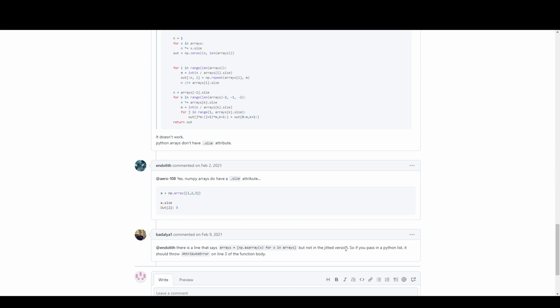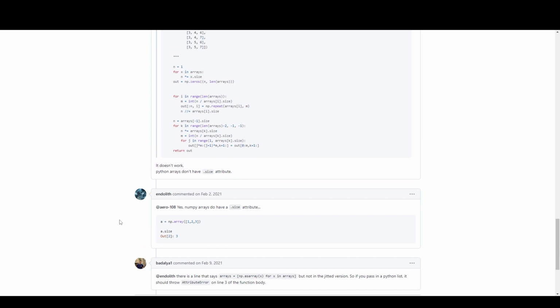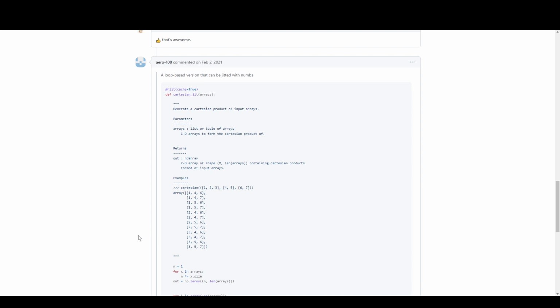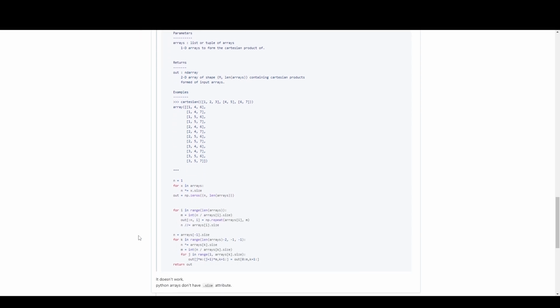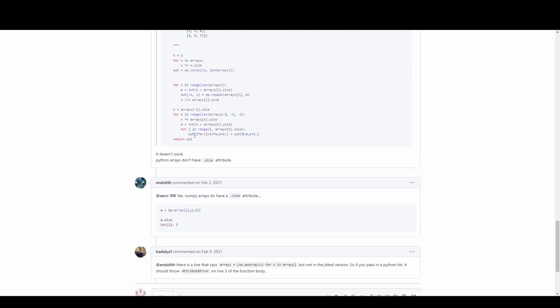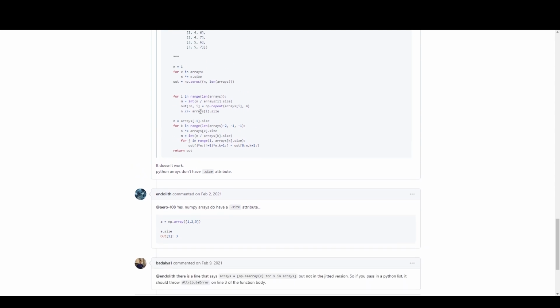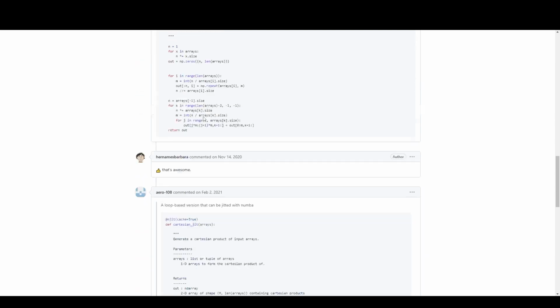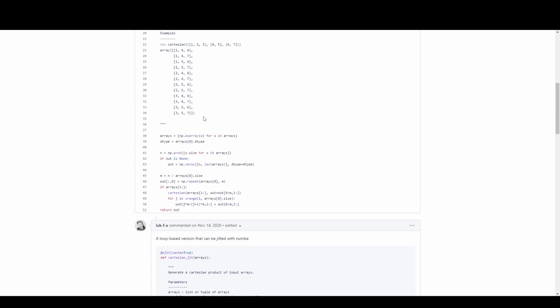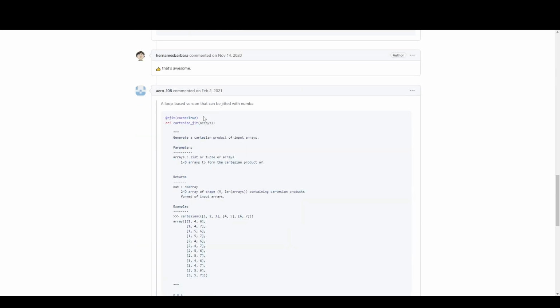So if you pass in a Python list, it should throw attribute error on line 3 of the function body. In the JITted version, what is this guy talking about?